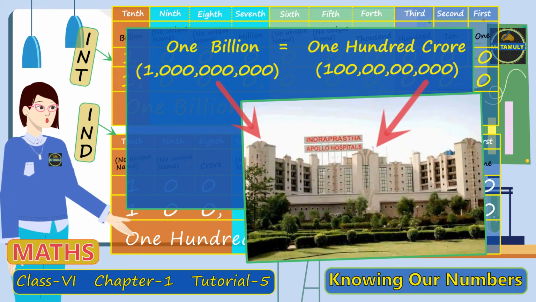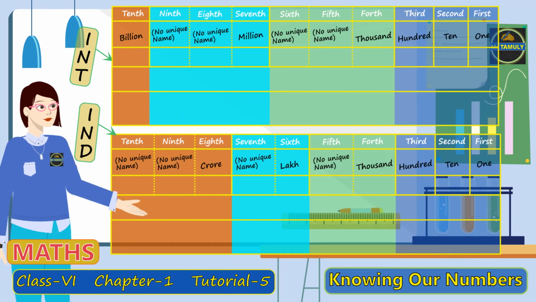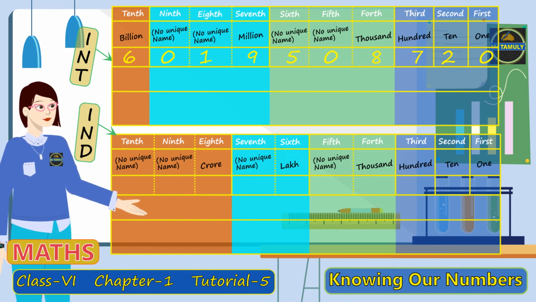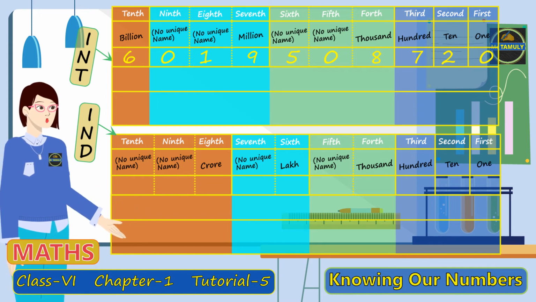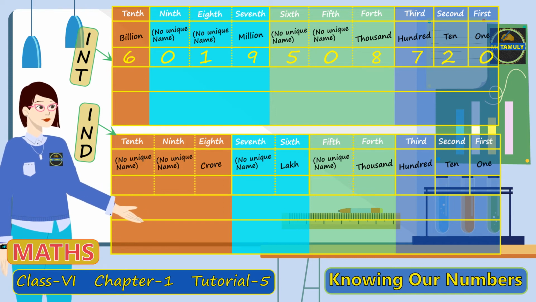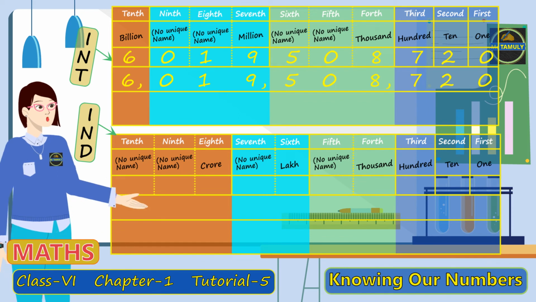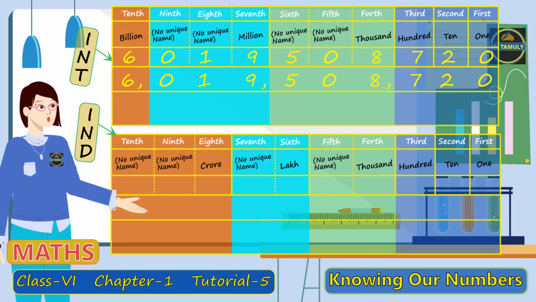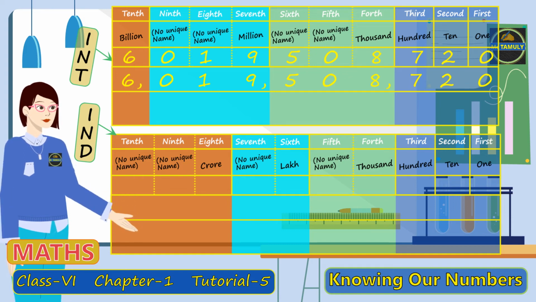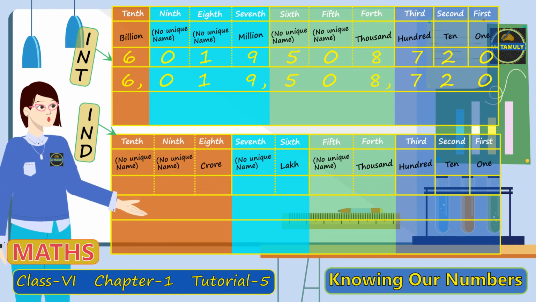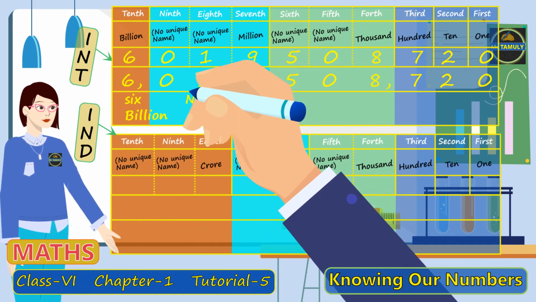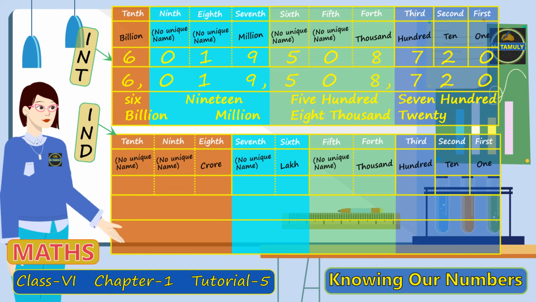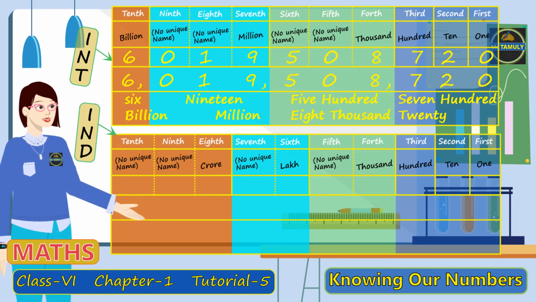So, as the last example for this tutorial, let's take the 10-digit number 6019508720. Using comma separation, we shall rewrite the number as 6,019,508,720. After separating the digits with commas, you can easily figure out the name of the number, which is 6,019,508,720. I think we have covered enough examples for you to get familiar with the method of naming numbers in